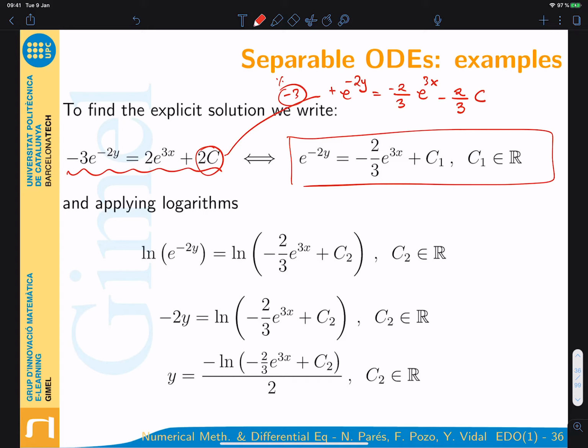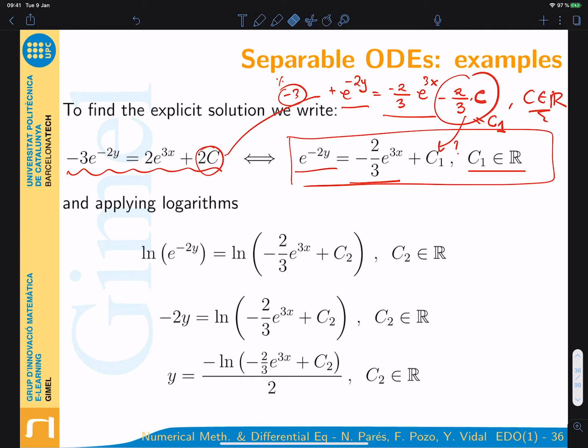Now, you see this term is exactly this term, but what happened here? Well, if we multiply a constant c that can be any real valued number, if we multiply it by a constant, then it is just another constant. So it's very usual to just rename this as another constant, for example c1, which is any real value you want to use. Okay, so